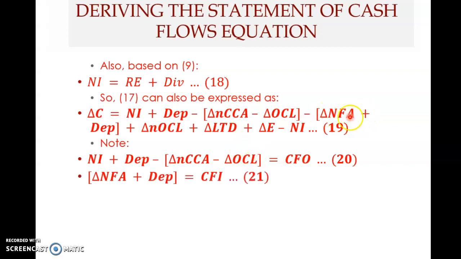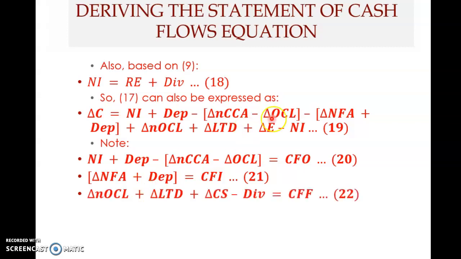Now the next 2 items, change in fixed assets plus depreciation. This is termed as CFI, or cash flow from investment activity. Okay, and then the last remaining items, from here, the 4 items here,